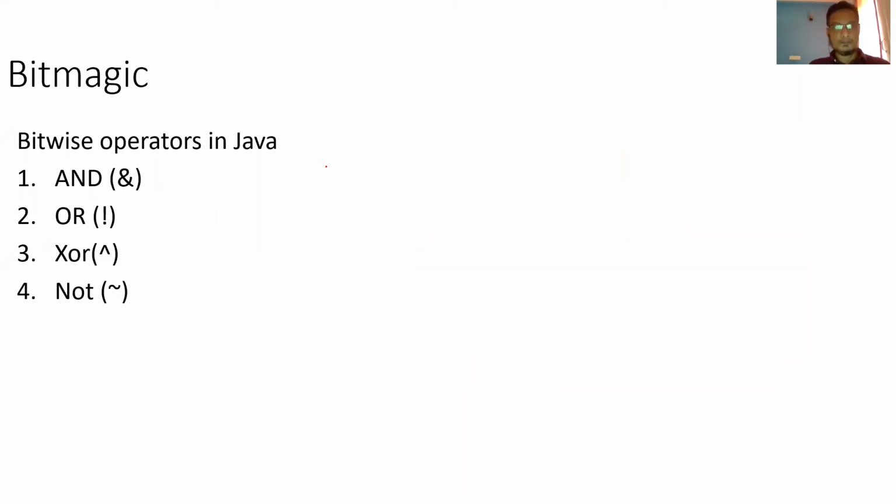For example, let's say the number n equals 5. Let's see a simple example where we have 29 leading bits, then we have 101. When we perform NOT on that, it is basically an inversion. When we say inversion, all ones become 0 and all zeros become 1. In this case, all zeros become 1 for the 29 bits, and then this 1 becomes 0, this 0 becomes 1, and the last 1 becomes 0. So this will be some bigger number. This is how the inversion works.